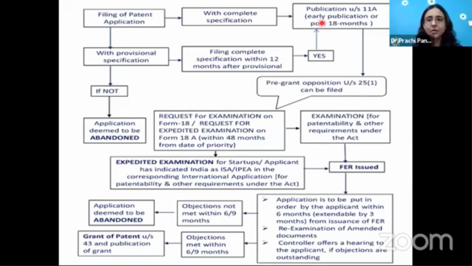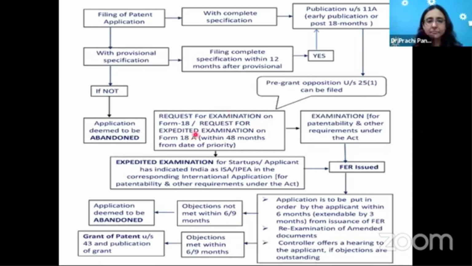month. Once it is published and you have filed the request for examination, you have to face the pre-grant opposition. The request for examination must be done within 48 months from the date of filing. This is important. Once you file here, suppose today you have filed, you have a time of 48 months to reach here, request for examination. But yes, you can do it a little bit early also, because if you get it published within 1 month, you can directly come for the request for examination.